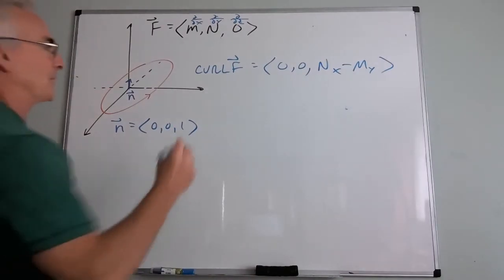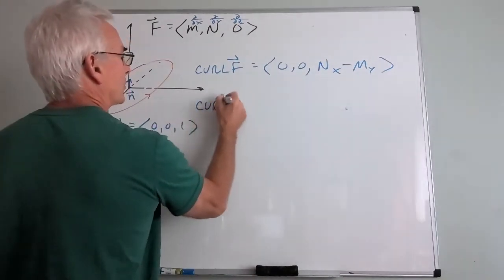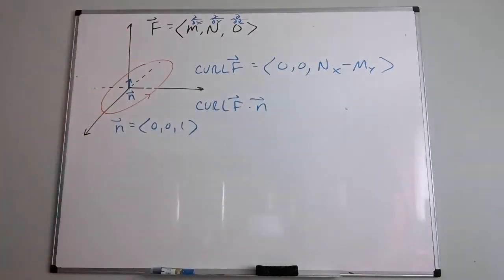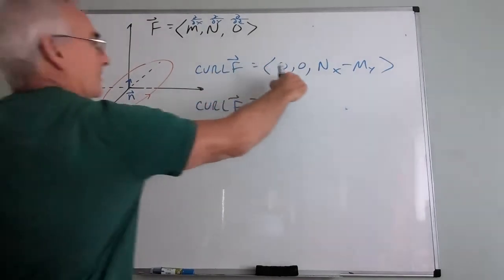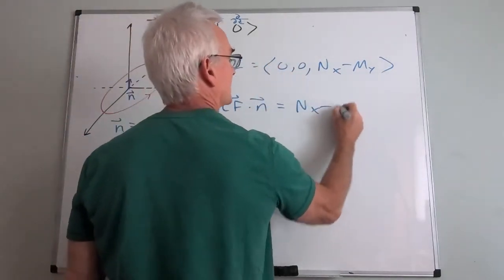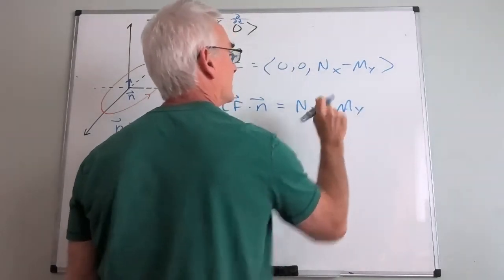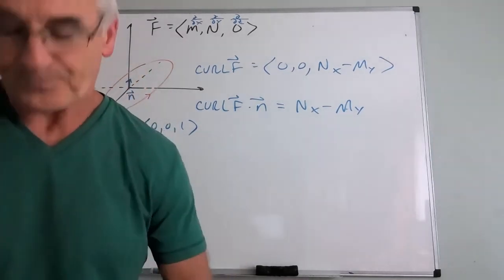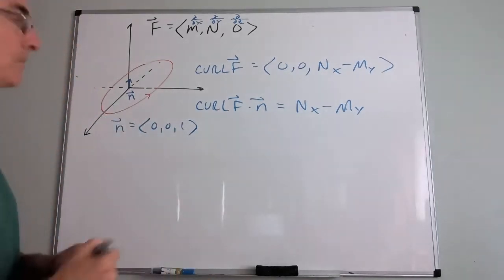Now I want you to notice something else. If I do the curl of F and I dot it with n, this dotted with this, I'm going to get Nx minus My. And remember, this is living completely in the xy plane. So now, if I go back to my previous,